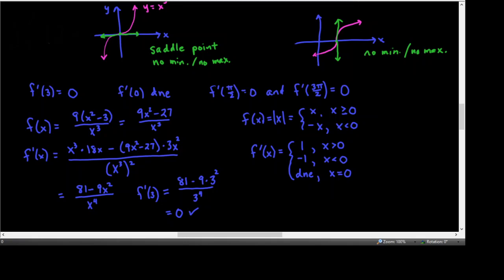So at 0, the first derivative doesn't exist, which is exactly what we said right here. f prime of 0 doesn't exist, which is what we said right here. Okay. Then the last one,